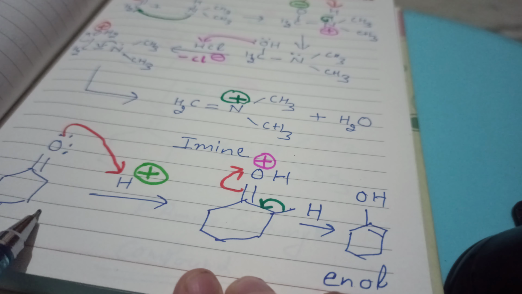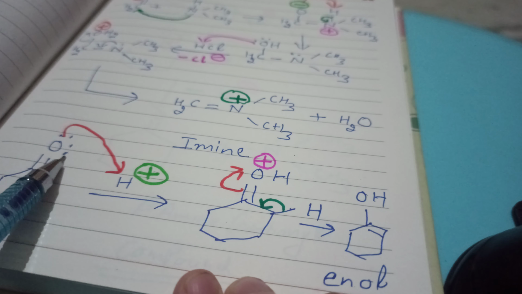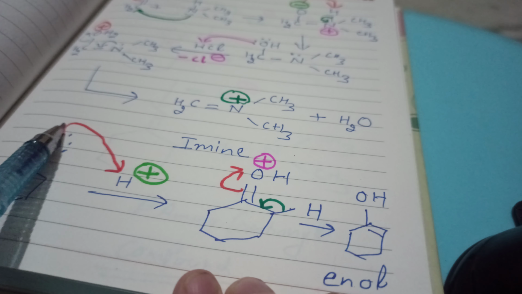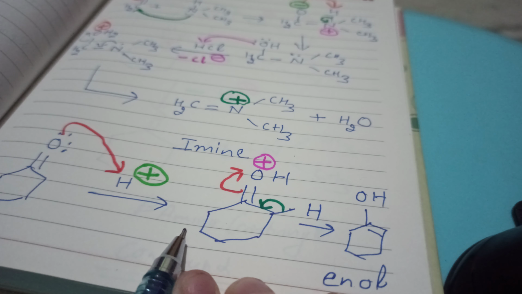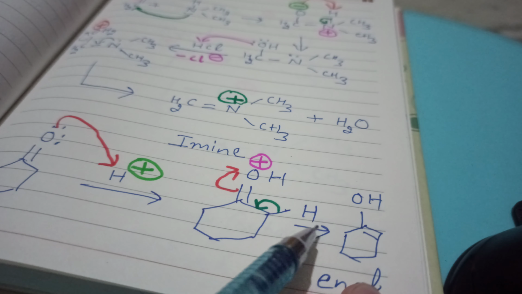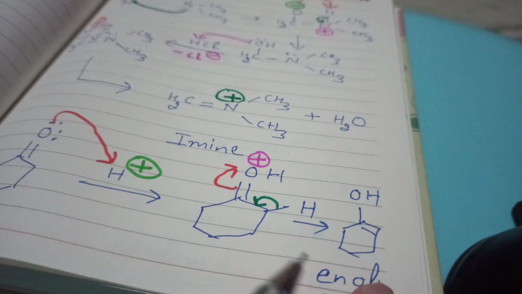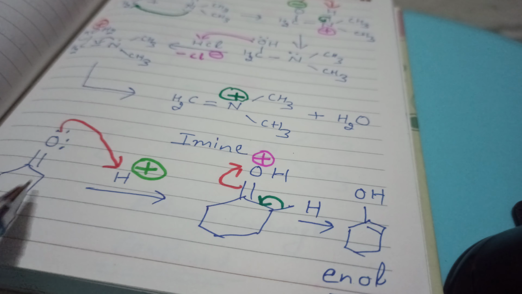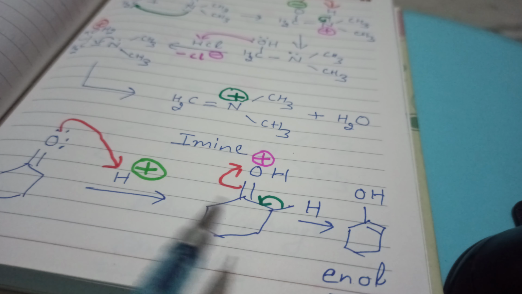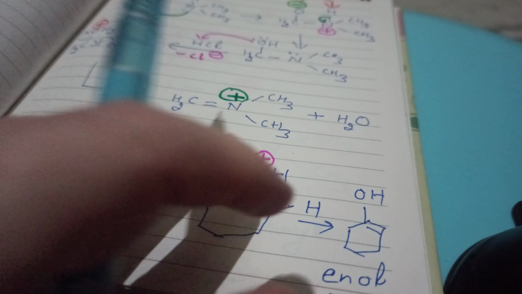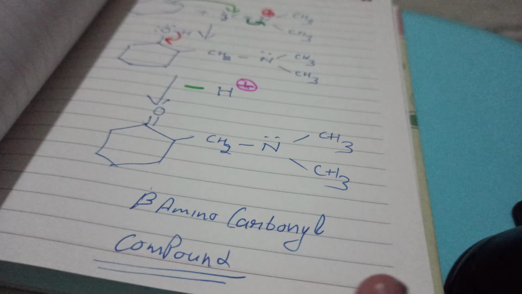Now next step, cyclohexanone contains oxygen with a lone pair, and the lone pair attacks H positive and OH positive is formed, and this hydrogen is removed and formation of enol takes place here. Keto enol tautomerism, accordingly the keto form is converted to the enol form here. Next step is